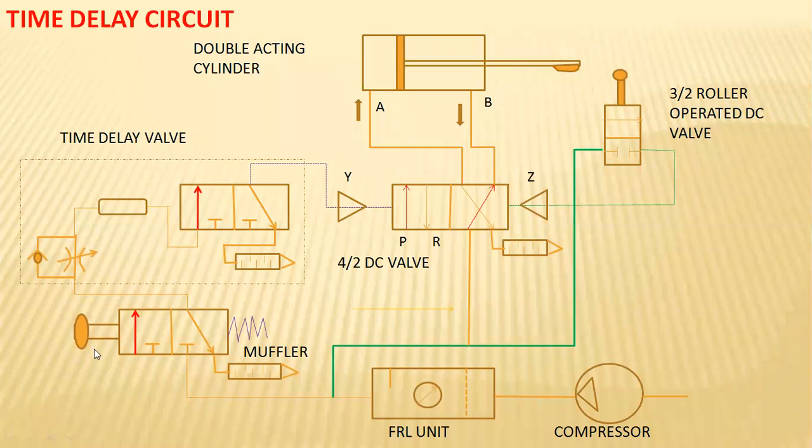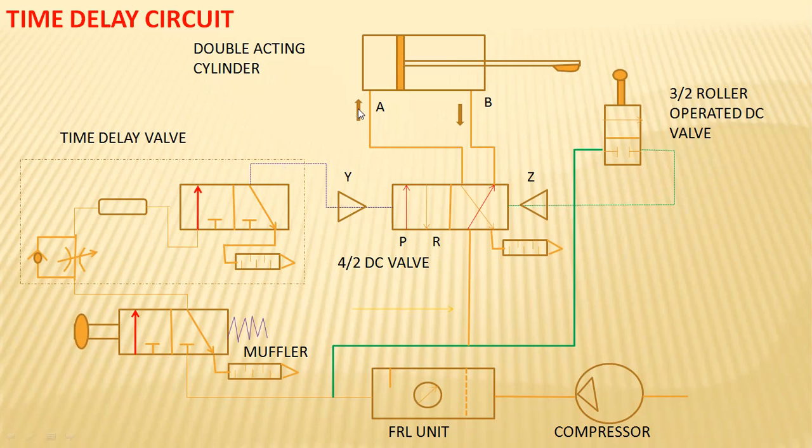So here it is a normal push type button. If this push button is released, then after completing the return stroke, this push button needs to be pressed once again. Until and unless the power is supplied externally, the extension stroke will not start. So to start the extension circuit, this push button needs to be switched on. If this push button is switched on, the compressed air will enter this DCV, then the time delay circuit, and then the main DCV.